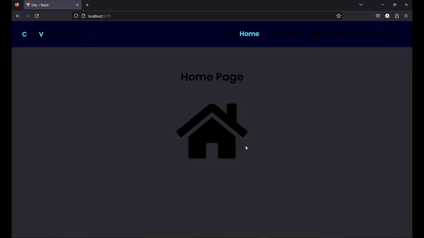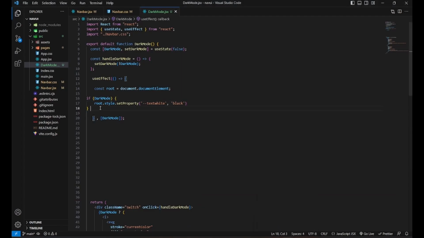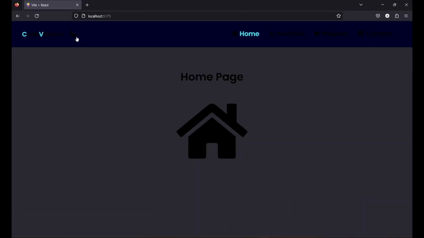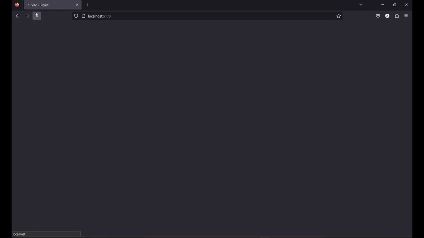As you can see, all the text which was white is now black and the remaining is the same, I mean the span tag etc. But we need to also add an else statement, because if it's not true then it should be the previous value. So we'll just copy it and paste it in the else, and instead of black just set it to what it was in its previous value, which was white. And now if we click it again and again, it will keep on changing.